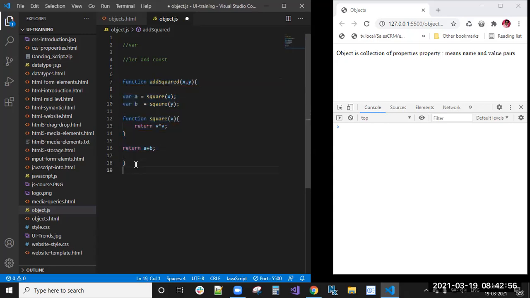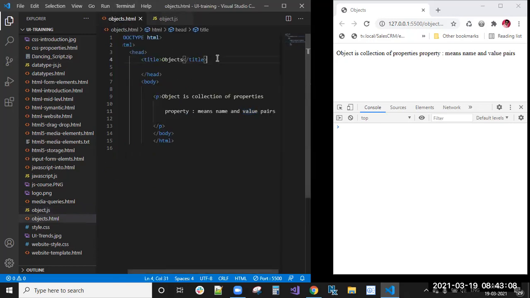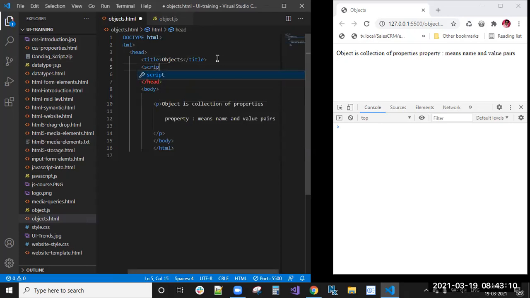If I try to access this outside here, like console.log of a, we already know what we will get. So we need to include this in the HTML, right? We already know how: script src equals objects.js, and if you mention it, it is better to add type text/javascript.